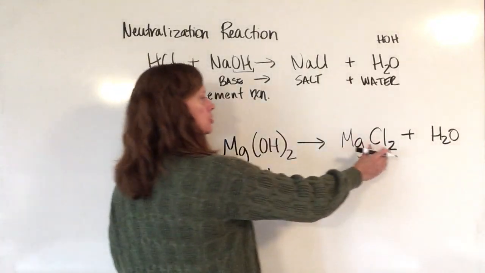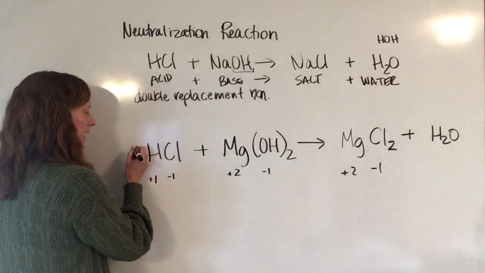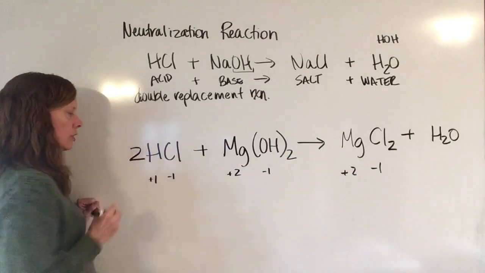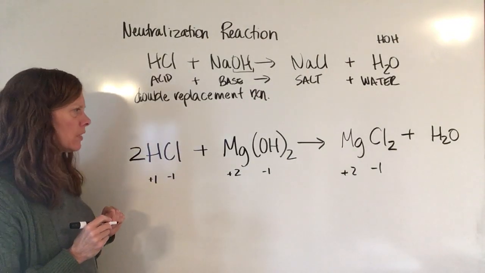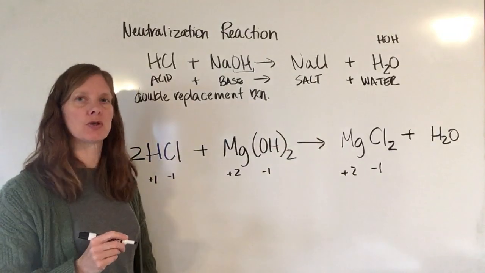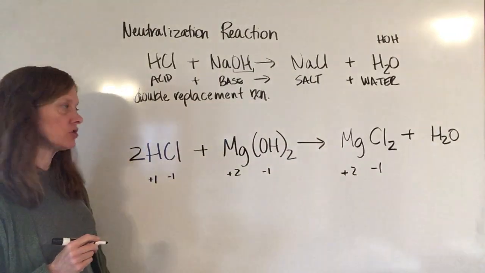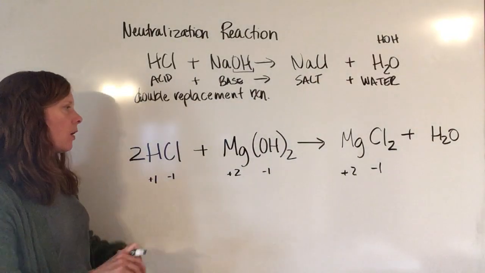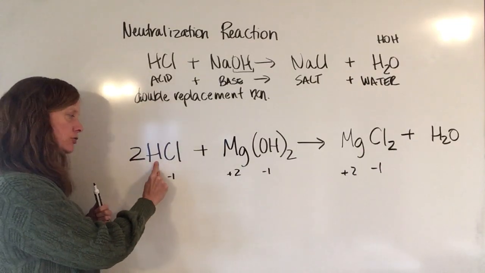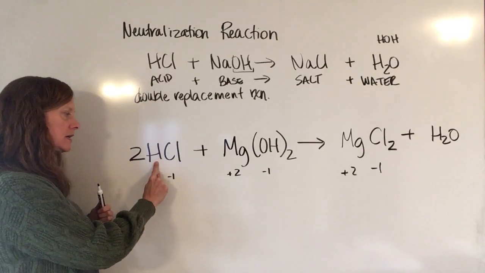So if I have 2 chlorines over here, that means I have to have 2 HCl's over here. Okay, so now my magnesiums and my chlorines are all balanced. And how about my hydrogens and my oxygens? Well, I have 2 hydrogens that are going to combine to mix with